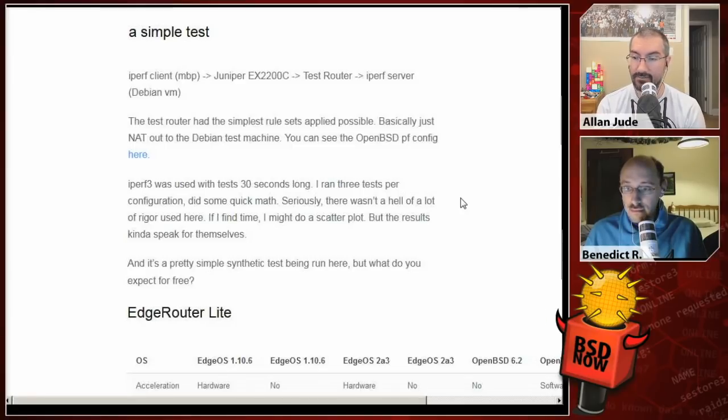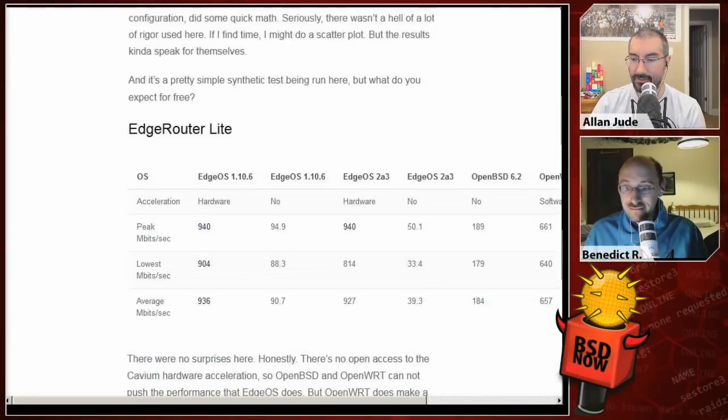iPerf was used to test for 30 seconds at a time. I ran 3 tests per configuration, did some quick math. Seriously, there wasn't a lot of rigor used here, so you might want to take the results with a grain of salt. But